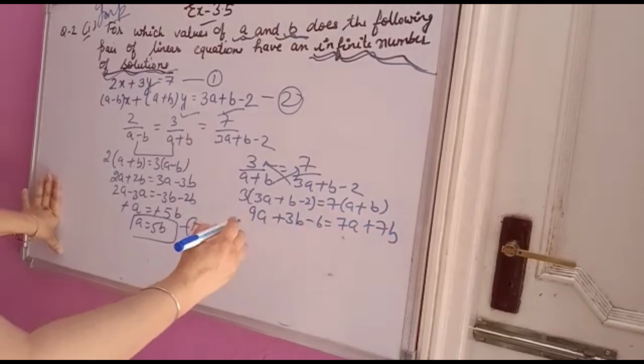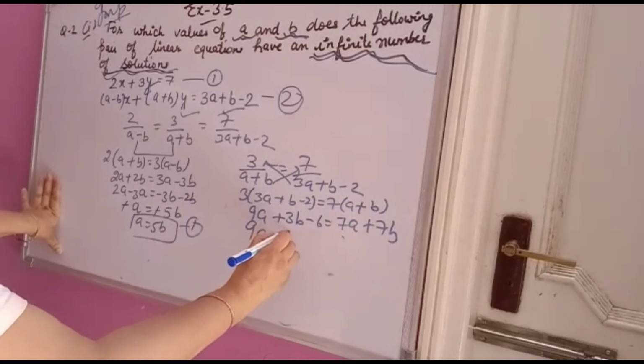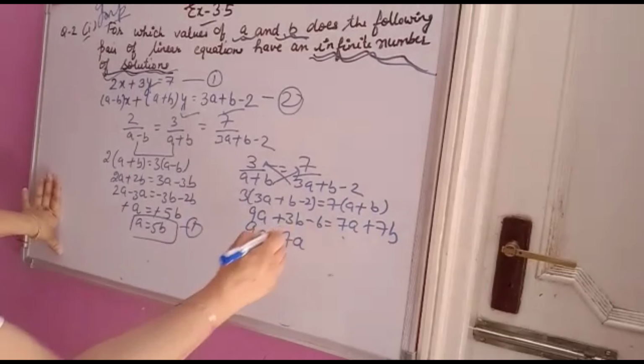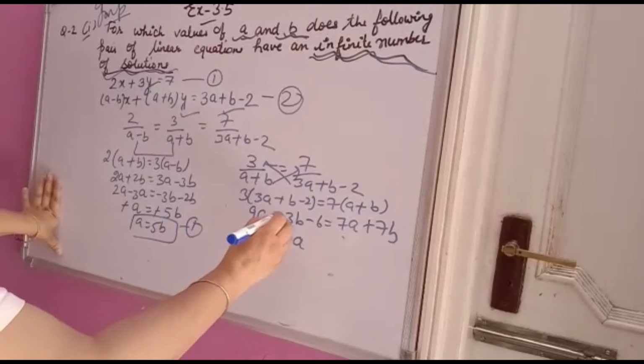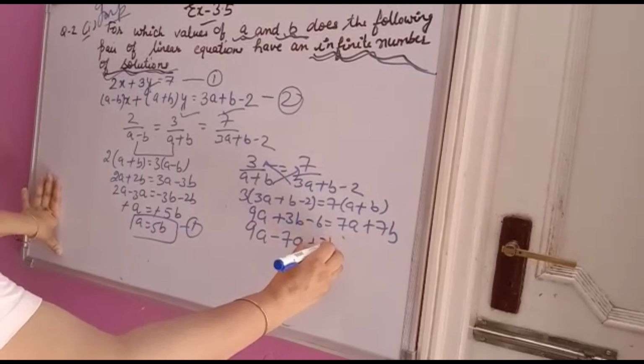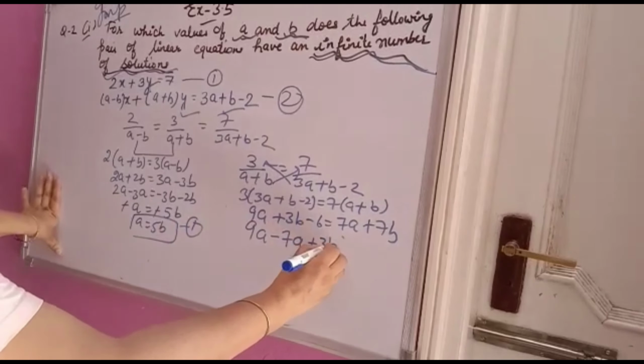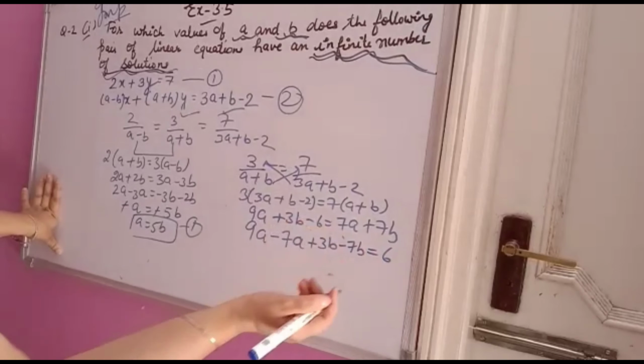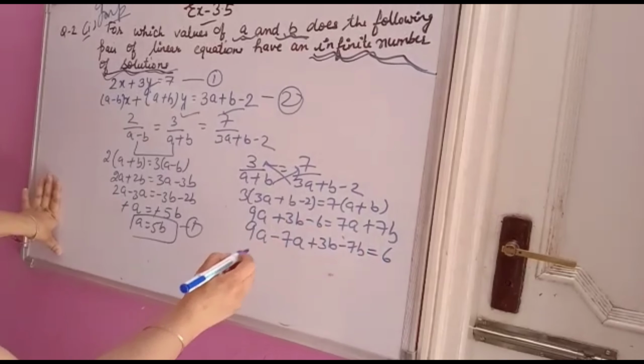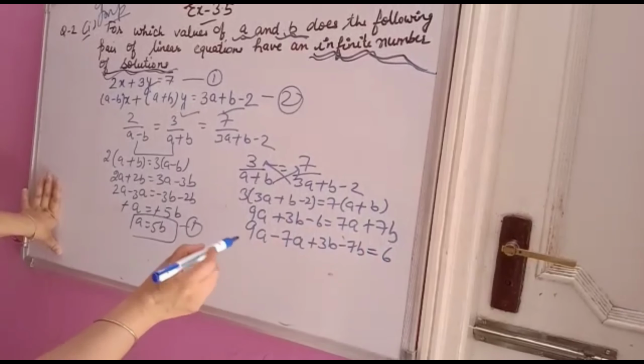Now a you can bring this side. You will get 9a here, plus 7a is there, so it will become minus 7a. Now 3b you can write as it is. 7b you will take this side, it will become minus 7b. And 6 you can take that side. You can keep this also and take it afterwards, it is your wish. It is not necessary that as I am solving that way only you have to solve. But while solving you have to see this: while you are changing the place, if a digit is going that side, the sign is changing. If this side digit is coming this side, the sign is changing. This you have to keep in mind.